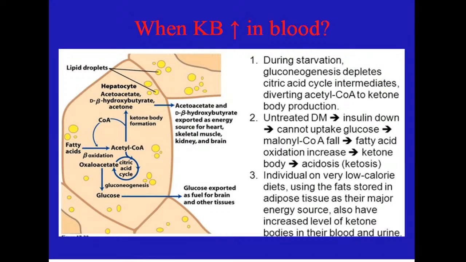In this case, fatty acid oxidation is increased because, you remember, malonyl coenzyme A is the main inhibitor of acyl-carnitine transferase, the regulatory enzyme for beta oxidation. So if malonyl-CoA is decreased in concentration, fatty acid oxidation is increased, and of course this will create an excess of acetyl-CoA and ketone body formation.